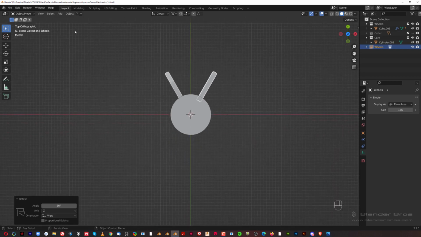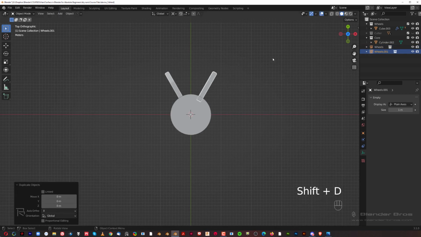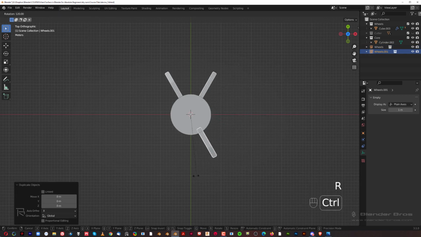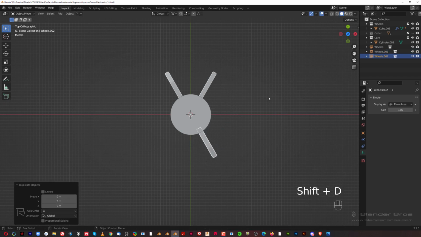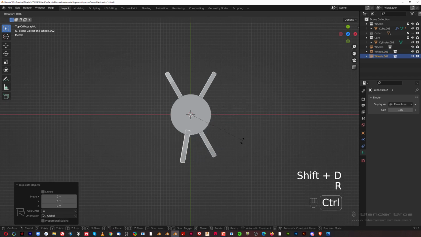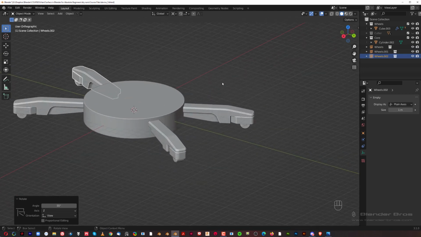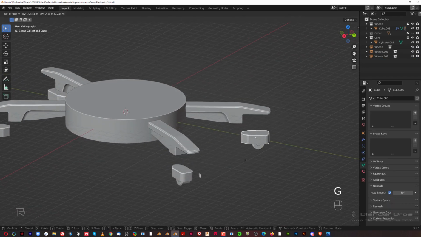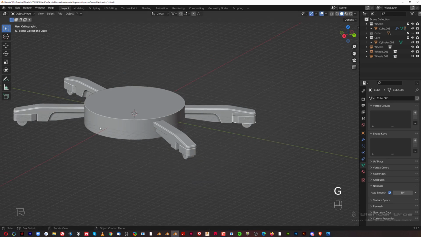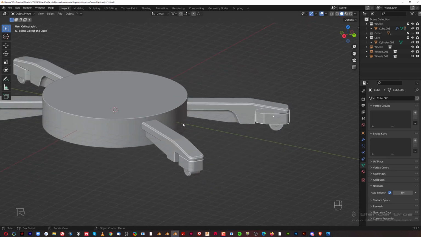And then we're going to duplicate it, so Shift D, and we're going to keep rotating this here, right? And then Shift D, R, hold Control, and rotate it in here. Another cool thing is that if I change anything on this one, all these instances will be affected,